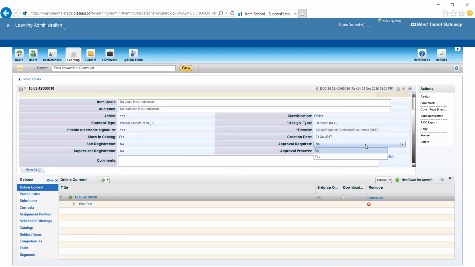If no, there is no approval required. If yes, the approval process you define: first step supervisor, approver, two steps, one step, something that way. So the first step, to whom we should go, the second step, to whom we should go.